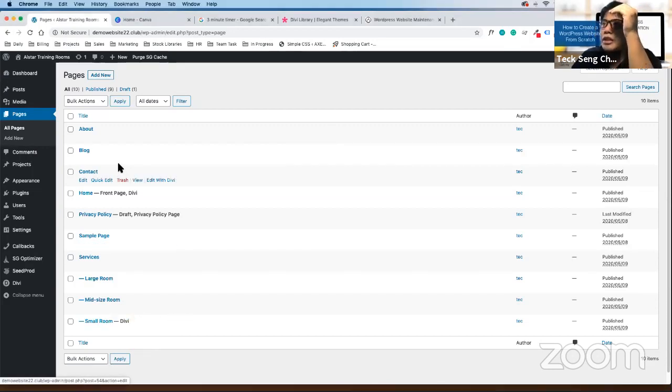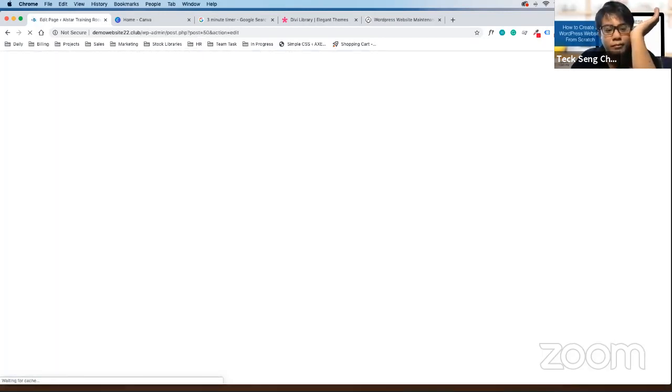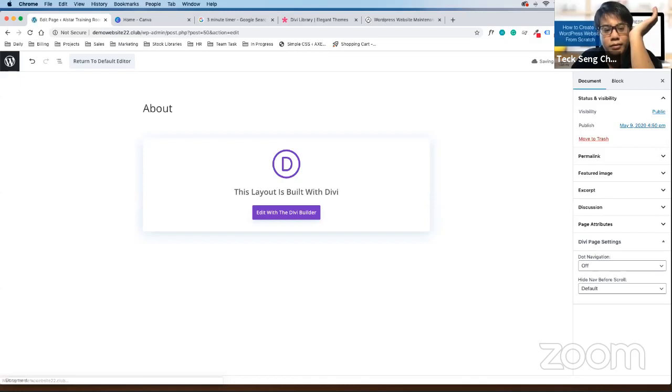Now we're gonna change our about page. So click on about, just click on edit. Then click on edit with the DB builder.